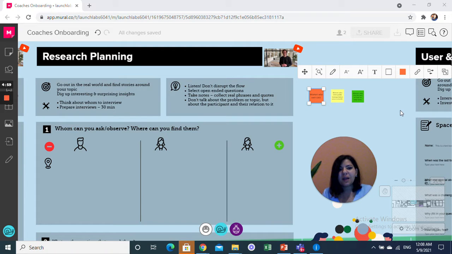Hello everyone. So now we're going to talk about the next step you're going to take once you have finished understanding the challenge, formulating the question, and covering everything you need to know about a certain topic. In the research planning phase, you need to know more about the users, you need to think about them, know more about their needs, whom you're going to interview, what kind of different groups of users you're going to interview,